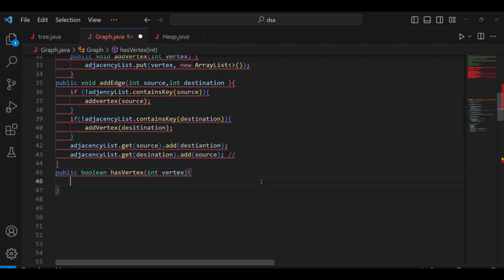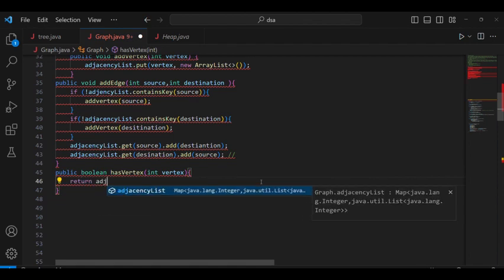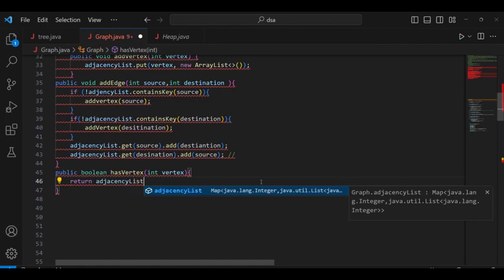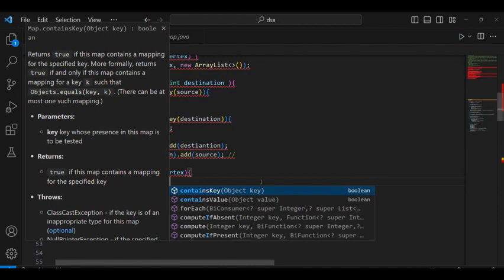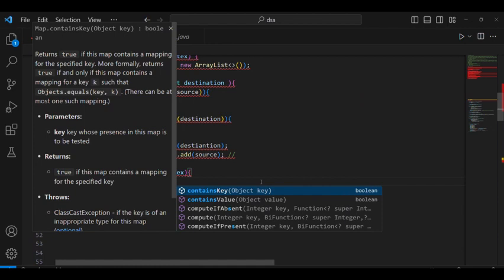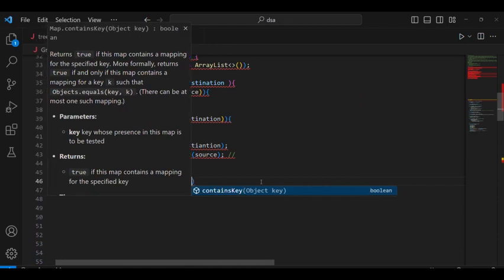Now use again curly braces and then use return adjacency list and dot contains key vertex,